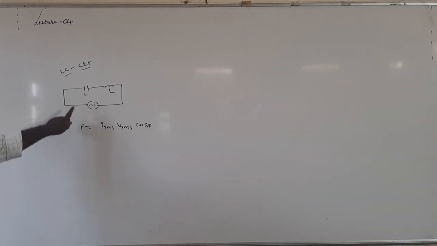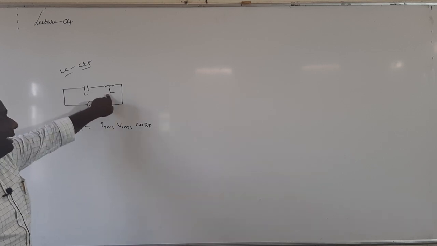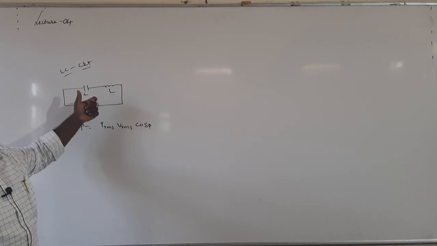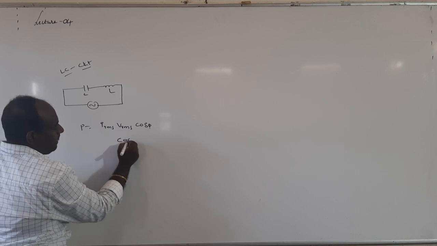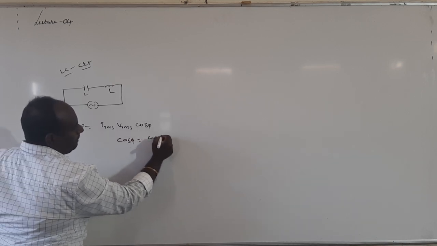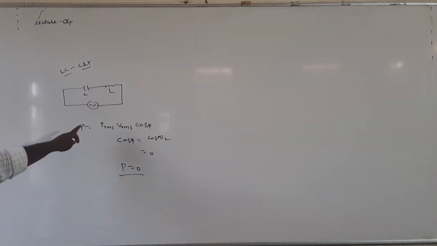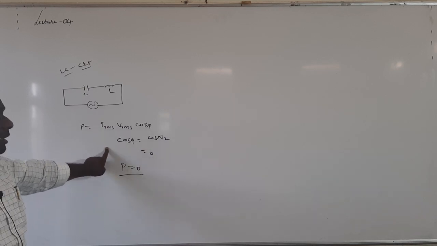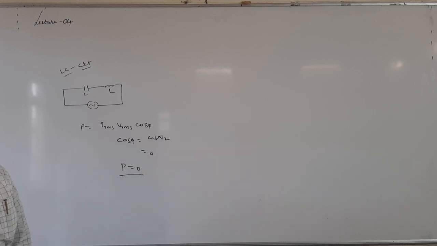In case of a capacitor, current leads by a phase of pi by 2. In case of an inductor, current lags by a phase of pi by 2. So the phase difference between current and voltage gives cos phi equal to cos pi by 2, which is 0. So power drop across the LC circuit is 0, since current and voltage are at a phase of pi by 2, whereas in case of a resistor the phase difference is 0, so power drop is P equal to IRMS into VRMS.